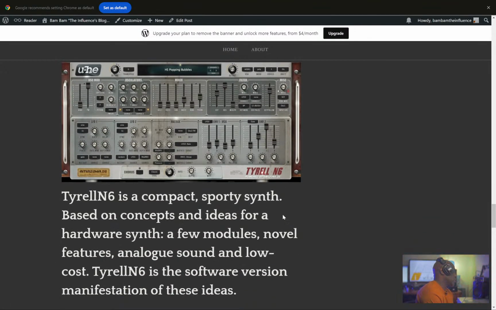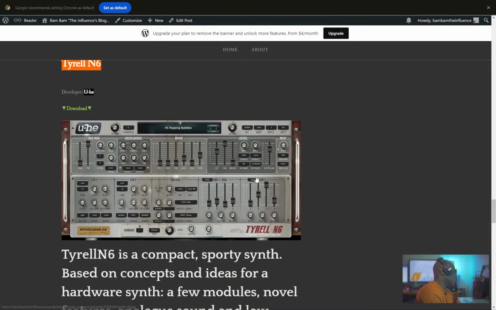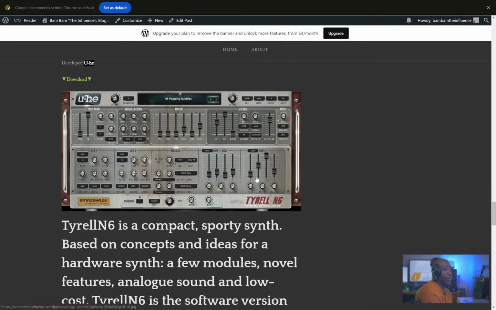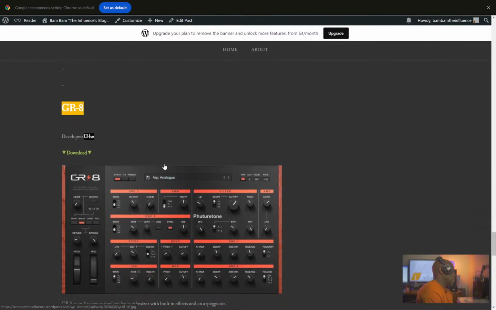This one, the interface is resizable, and it has a wide range of different types of sounds, textures, and soundscapes. So it's very versatile as far as the sound that it's going to produce. So if you're looking for more sounds, Tyrell N6. Next up, we have